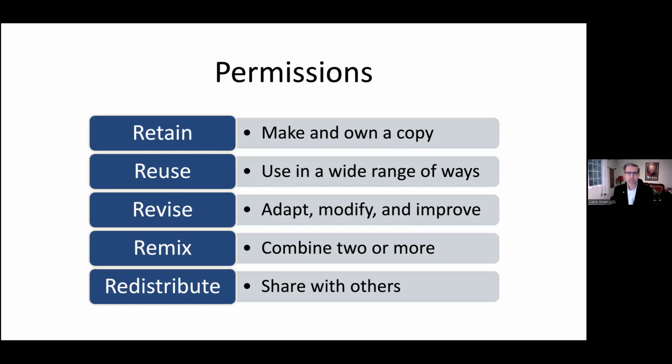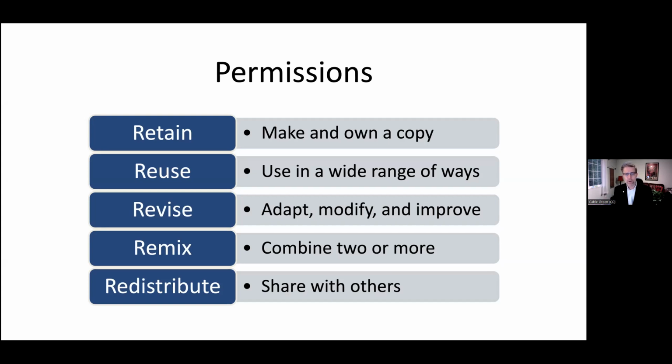That sounds obvious, but increasingly, many of the business models that we see from publishing industries do not let you keep a copy. They will lease you a copy. They may lend you a copy for a period of time, but the moment you stop being a student or stop being a faculty member or stop paying the lease fee or the licensing fee, you lose access to the copy. And they use digital rights management software to do that. Well, that's not what we want with educational resources. We actually want to retain a copy. We want to build libraries of educational resources as we encounter them over time. So that's permission number one, retain.